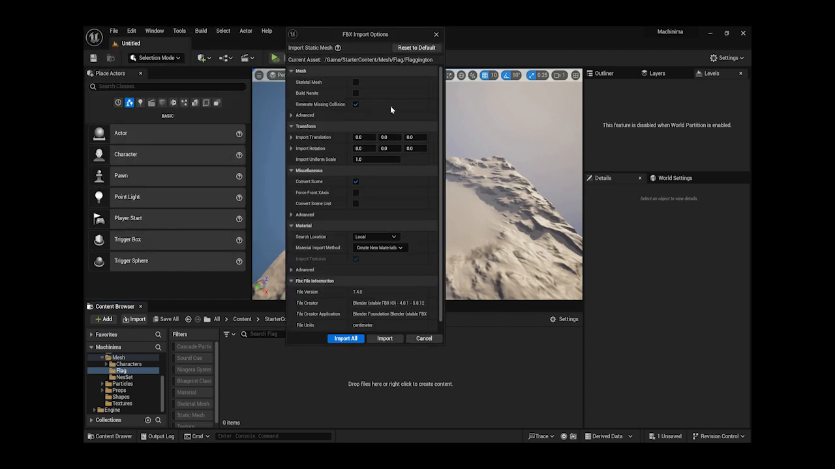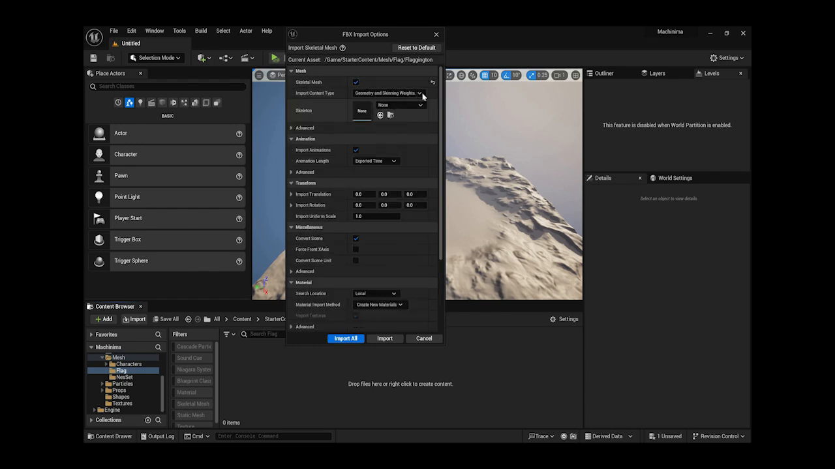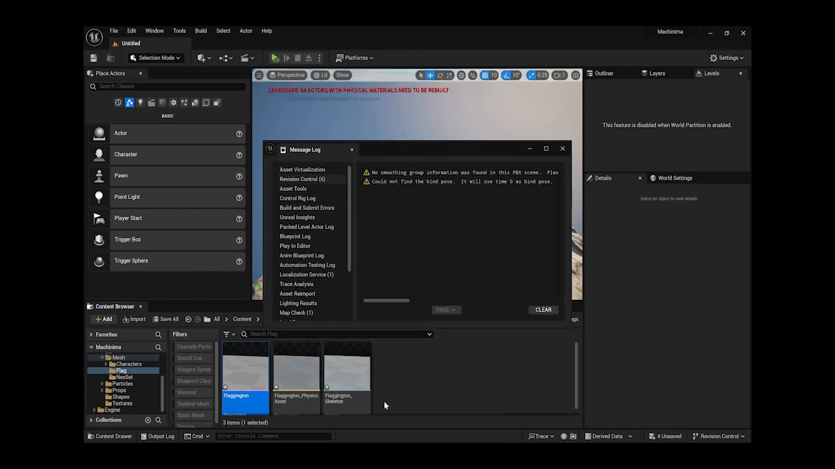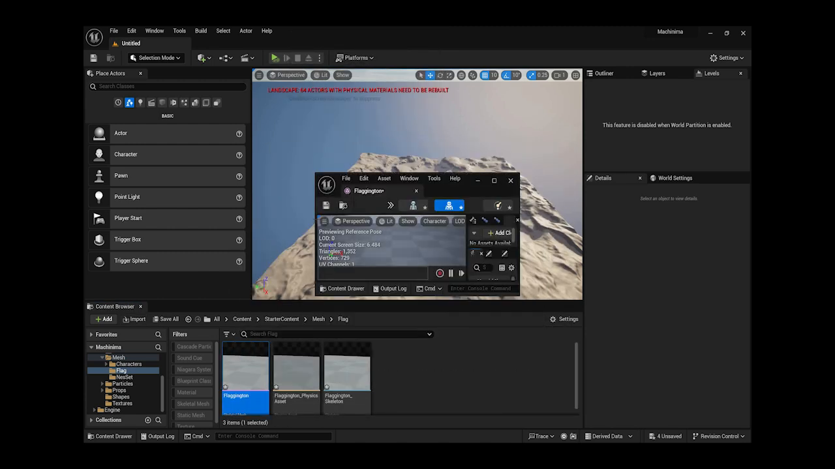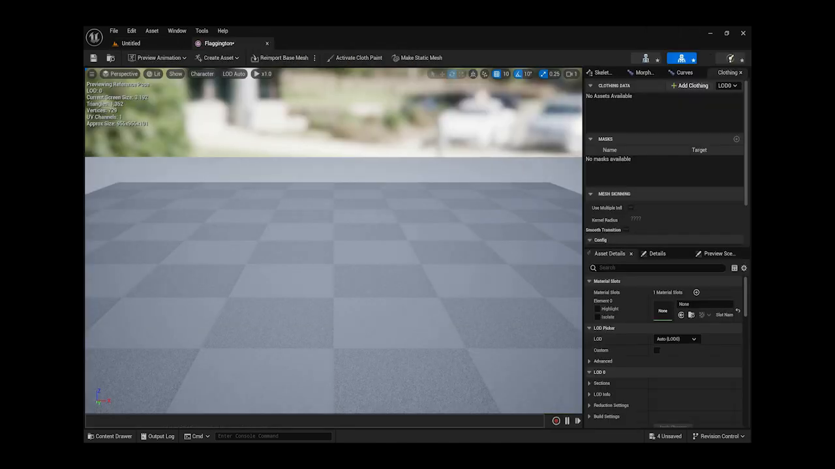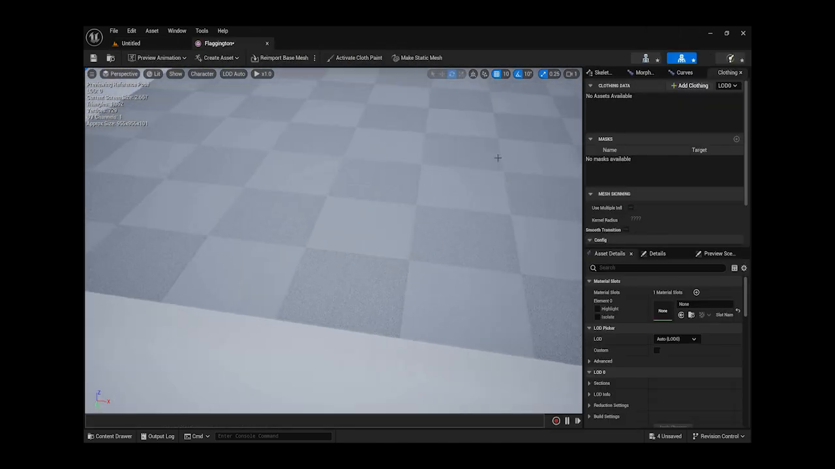Flaggington. Skeletal mesh. Import all. There we go. We have our skeletal viewport. I was wondering what the hell was wrong with me. Anyway, so